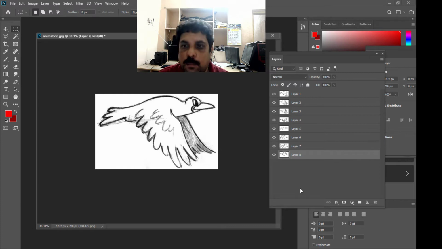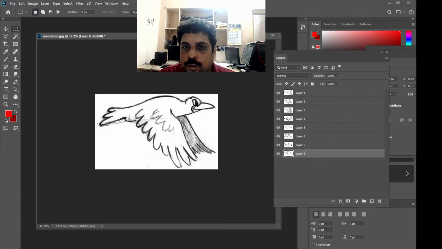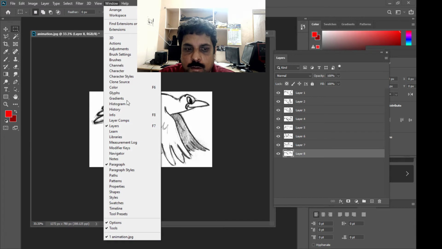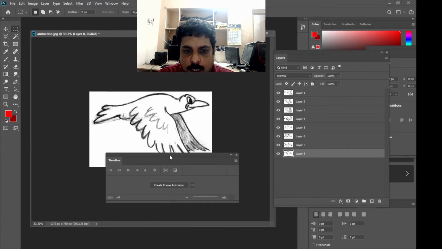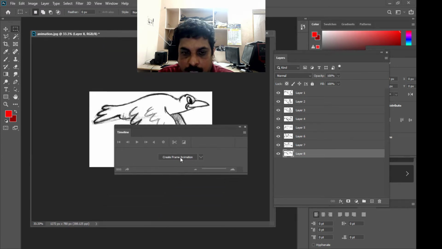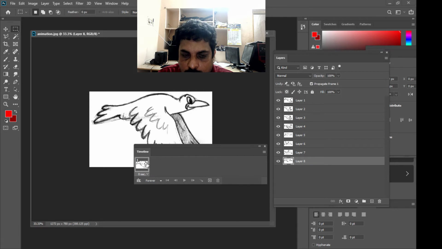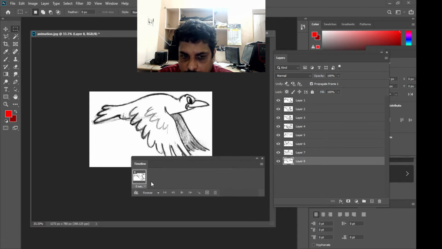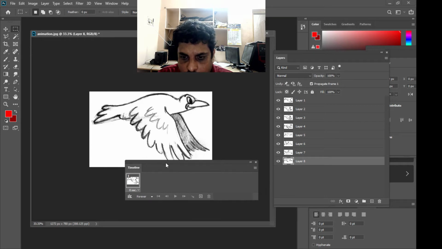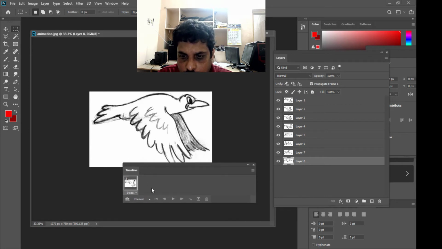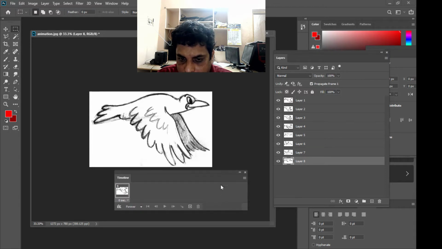Now the next important step is we are going to open the timeline, Window and Timeline, and then select the frame animation, create frame animation, and just like the text animation, we can see only the active frame or the first frame. So what we have to do now is simply convert all these layers to frames.